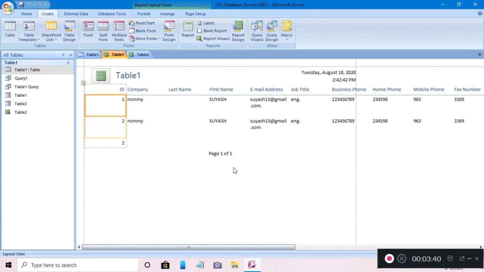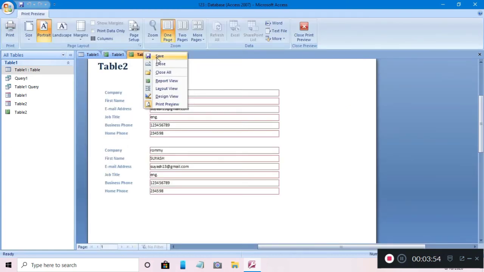Alright, now the last topic is how to close MS Access. For closing all files in MS Access properly, first we will select a file. You have to select any one file, keep the mouse cursor over it, and click.